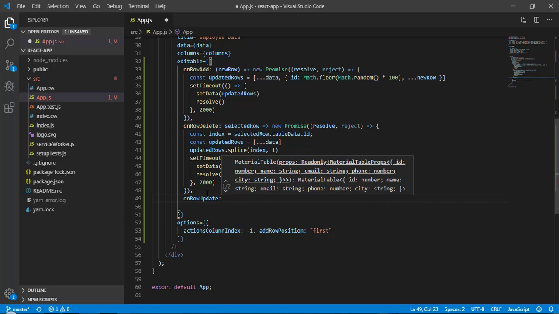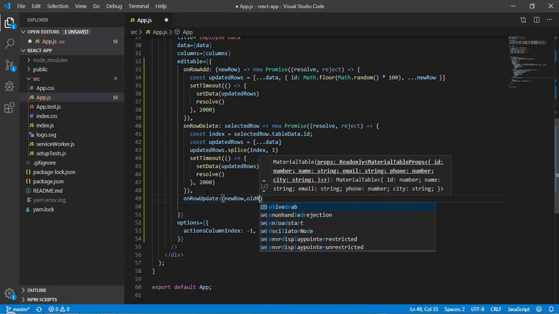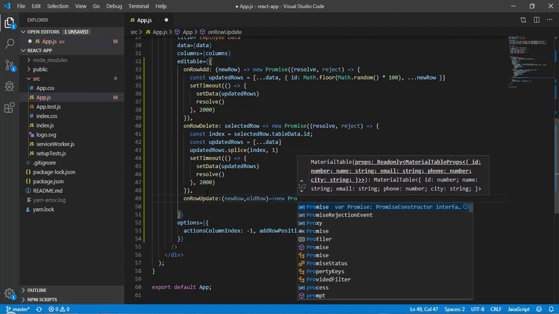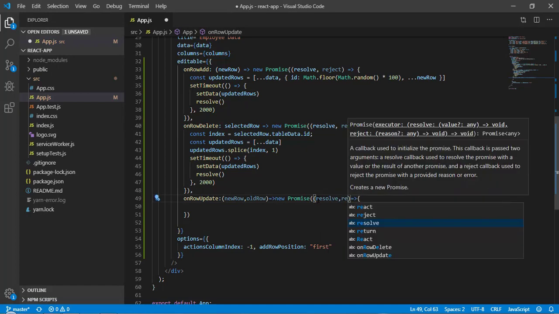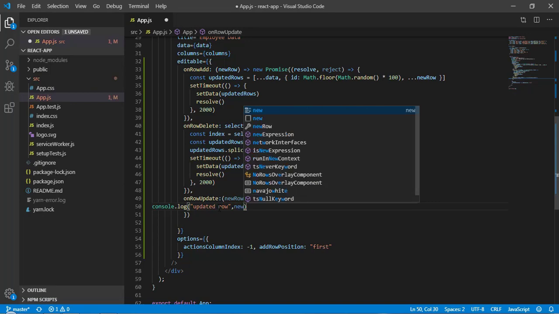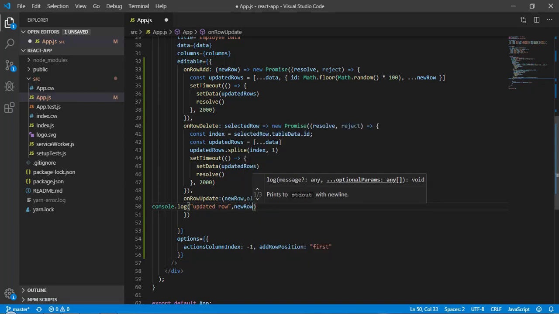The first argument is the updated value and the second argument is the old value. So here we will say newRow, and here we will say oldRow. Again, this is going to return a promise. So here, newRow. It's better to say updatedRow, so we will change it here to updatedRow.